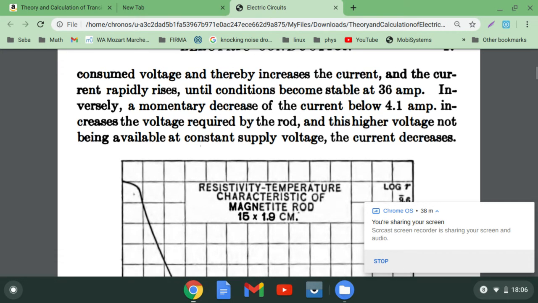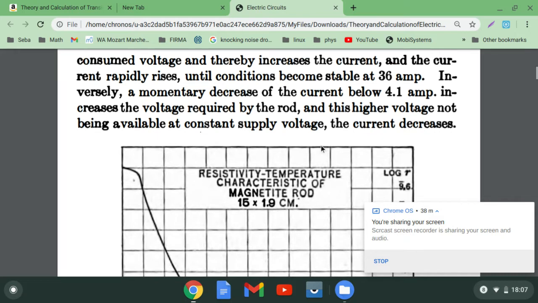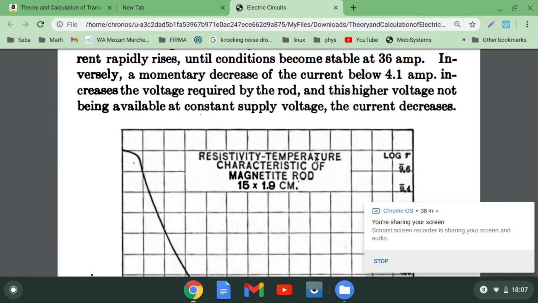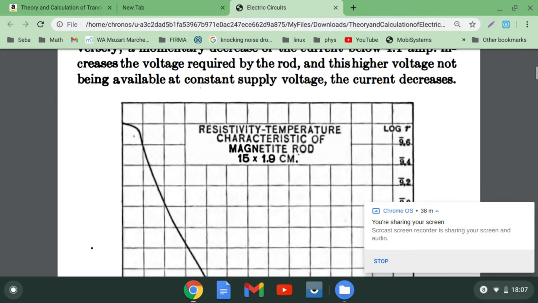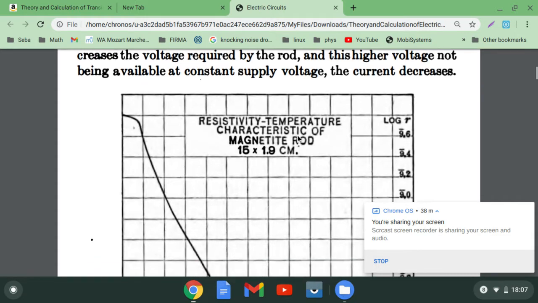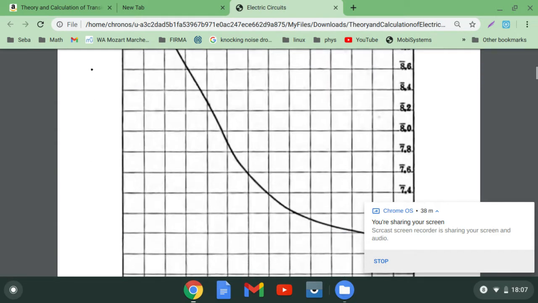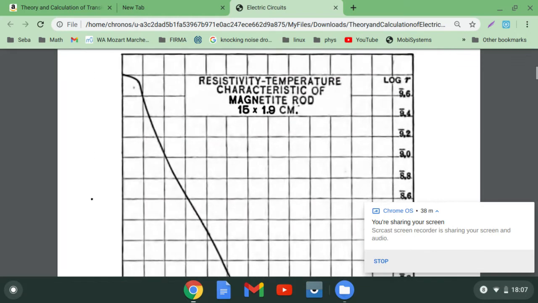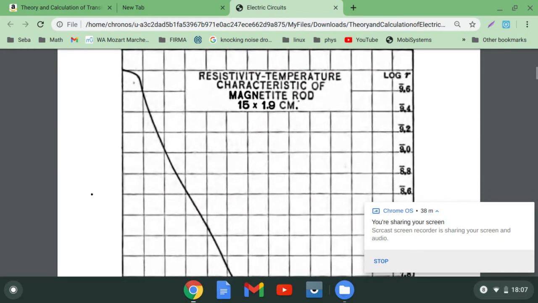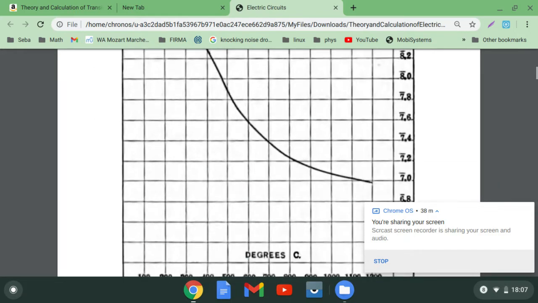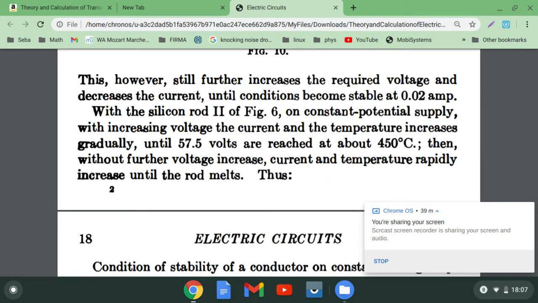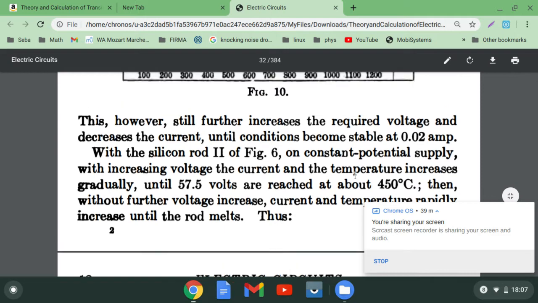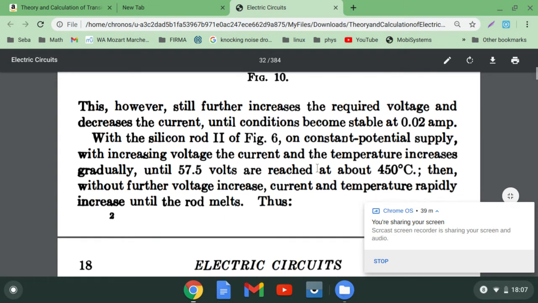Inversely, a momentary decrease of the current below 4.1 amp increases the voltage required by the rod, and this higher voltage not being available at constant supply voltage, the current decreases. Resistivity temperature characteristic of magnetite rod in degrees. This, however, still further increases the required voltage and decreases the current until conditions become stable at 0.02